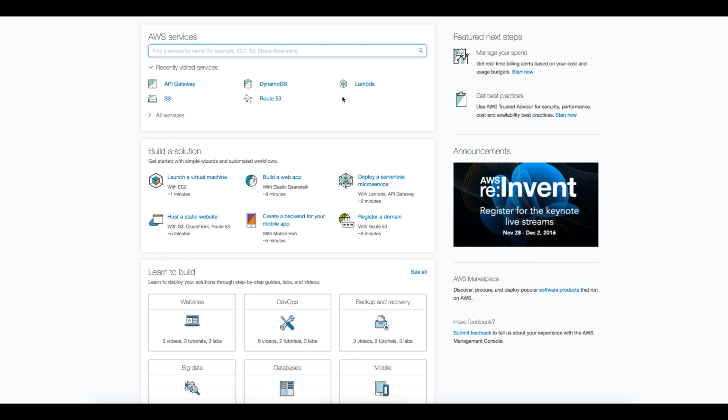I will start by creating a table in DynamoDB, and then I will create a Lambda function to access this table, and then I will create an API gateway to expose the Lambda function, and then I will deploy my static artifacts to Amazon S3. And then I will use Route 53 to assign a domain name to my website. So I will go to DynamoDB,